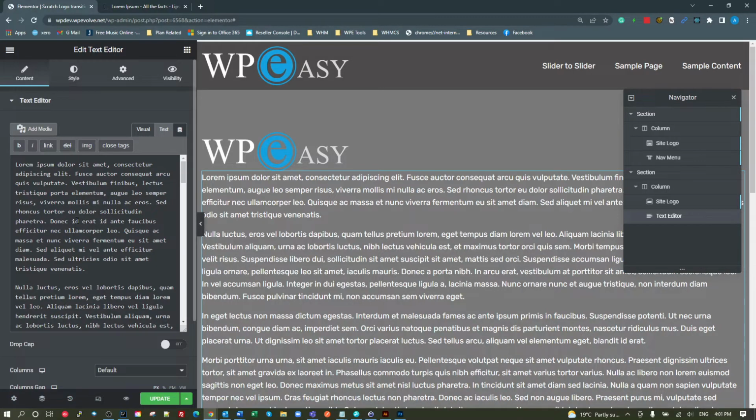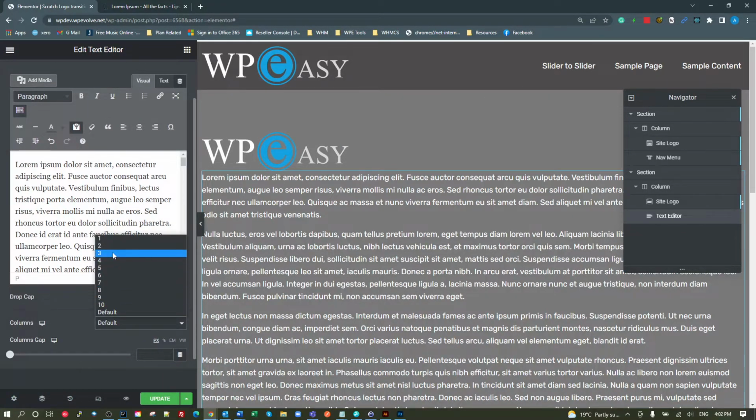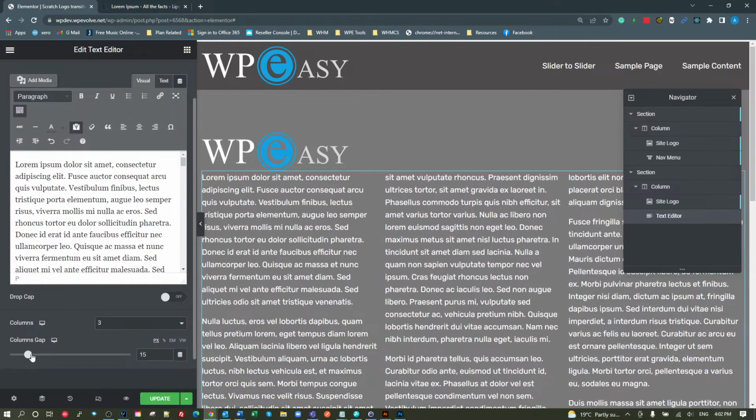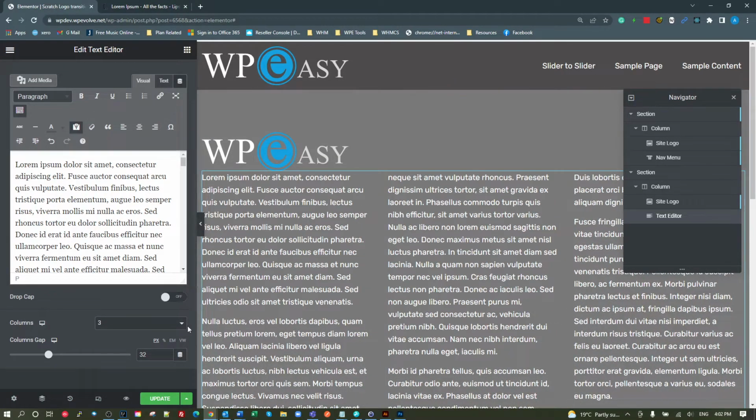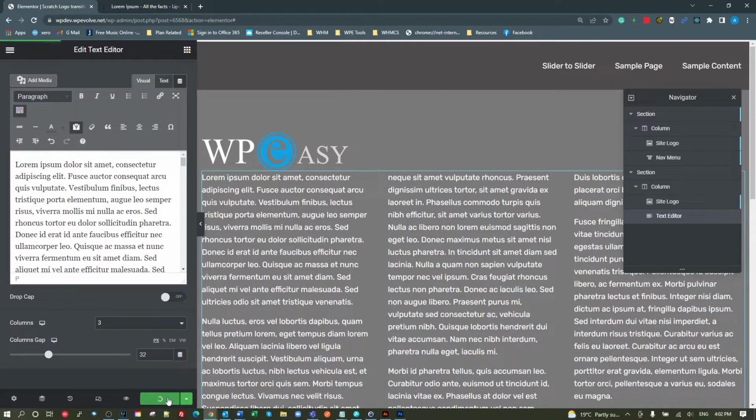So if we look here, it's all plain text. Sometimes when you're copying from websites or documents, you end up with a whole bunch of styling in there, which we don't want. So let's actually make this look a bit different by adding some columns to it. Give it some spacing in the columns. So we've got 3 columns of that. And I'm going to update